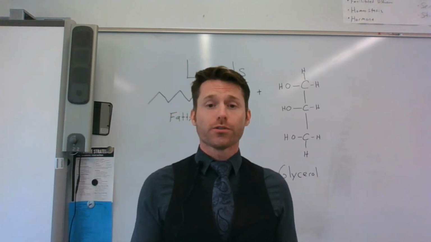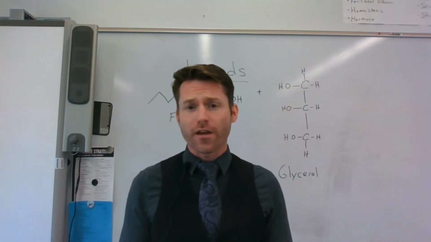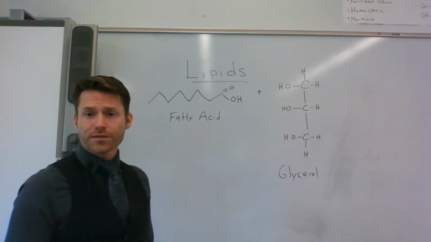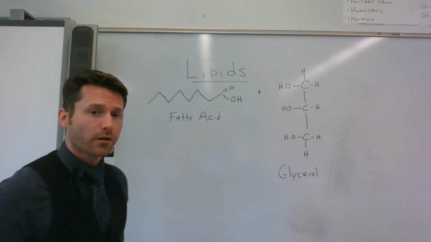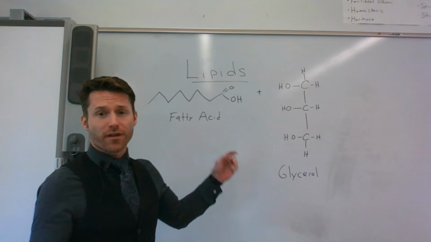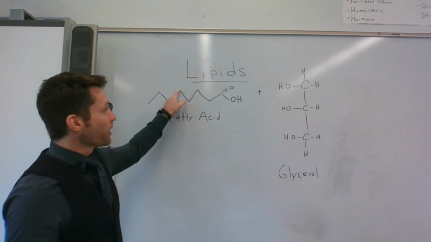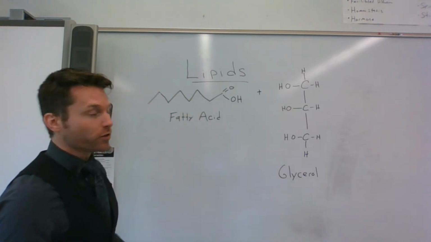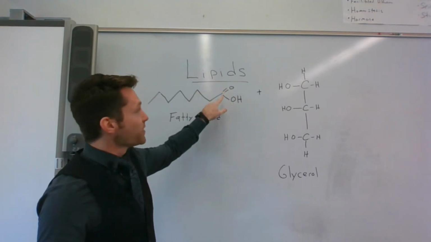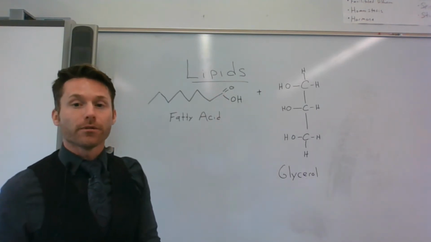So now we're going to take a peek at lipids. And so lipids are things like fats and oils and waxes. And the monomer components of lipids are fatty acids. Now the way that we build a lipid, or rather a fat, is by taking these fatty acids, which are long hydrocarbon chains, carbon, carbon, carbon, carbon, carbon, carbon, hydrogen, hydrogen, hydrogen, hydrogen, hydrogen. Right? With these particular groups, I have an oxygen double bonded to this end carbon, and an alcohol group single bonded to this end carbon.